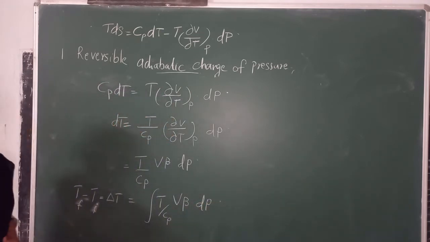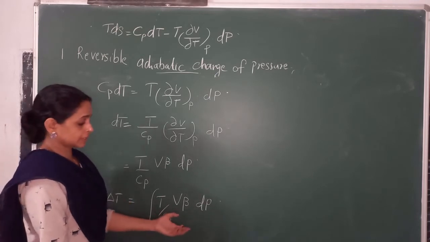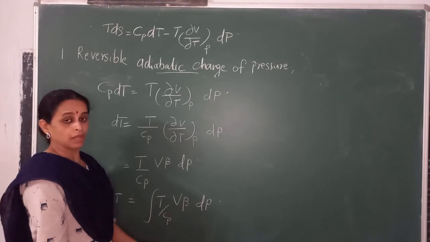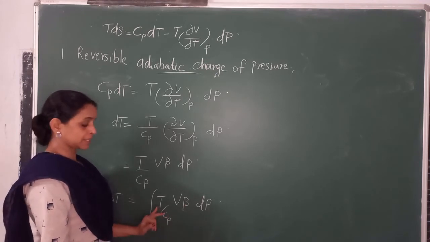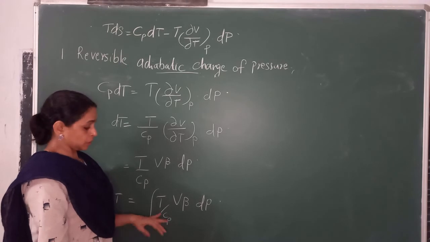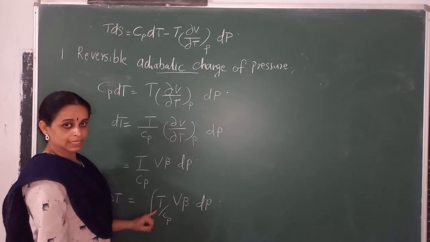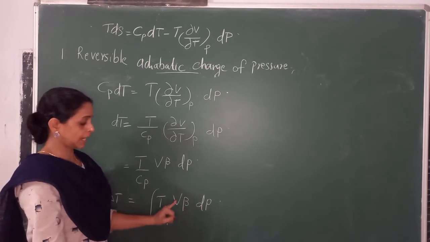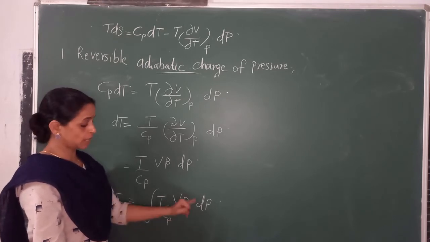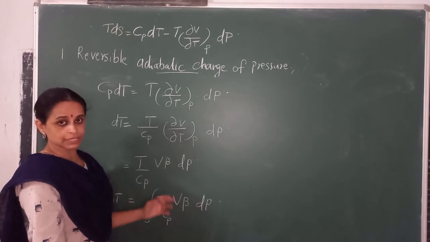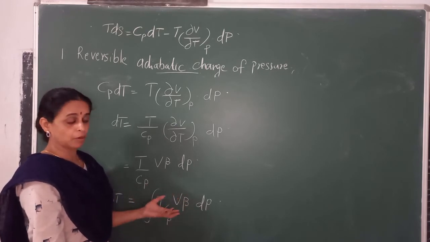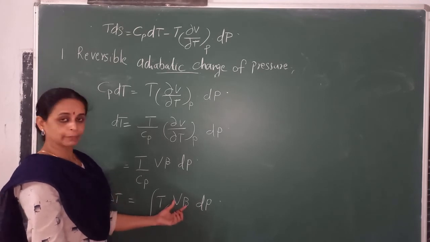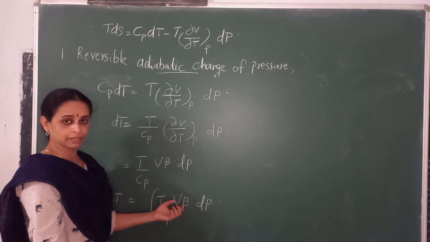So here also, for a large change in pressure, that means if we are increasing the pressure from some 0 atmosphere to some 1000 atmosphere, the temperature change is very small. So we can treat this T as a constant, and also volume and beta. These are almost constant, or there is a very small change during a large change in the pressure. So we can take V and beta outside as we have done earlier.